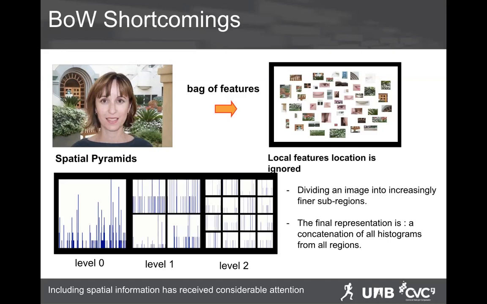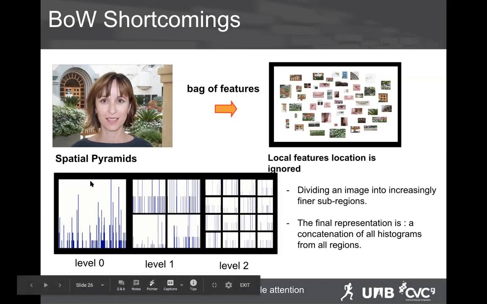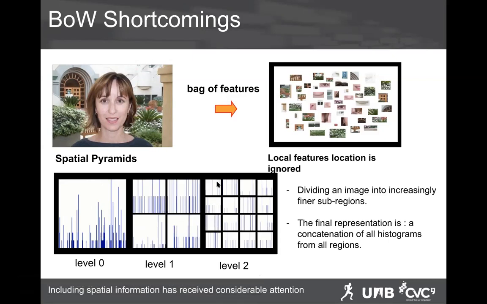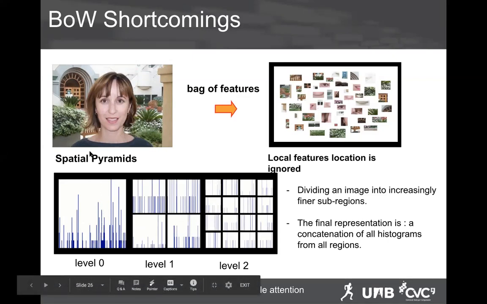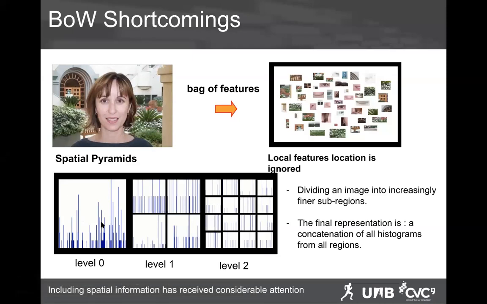So this kind of spatial information will be very, very useful and make the model much more precise and accurate at the end. That's why people came up with the spatial pyramid, which describes the image using histograms, but divides the image into quadrants. They have the initial image described by, let's say, a vocabulary of 1,000 visual words. They describe the first image as is, without spatial information considered,